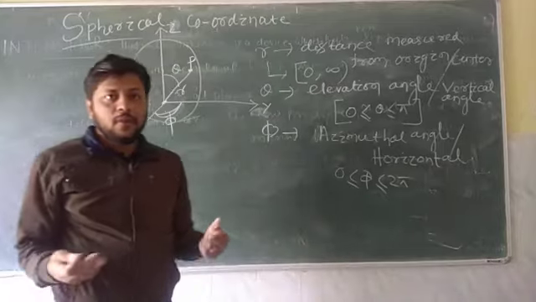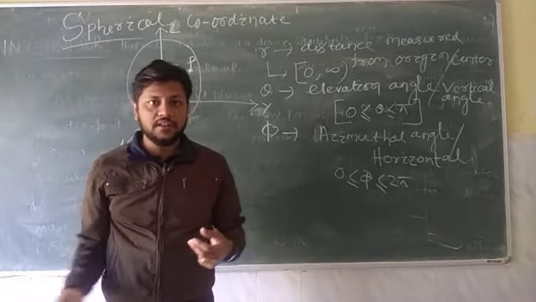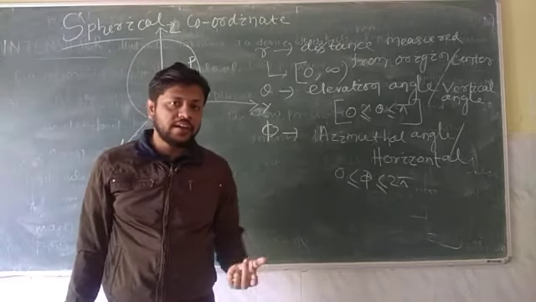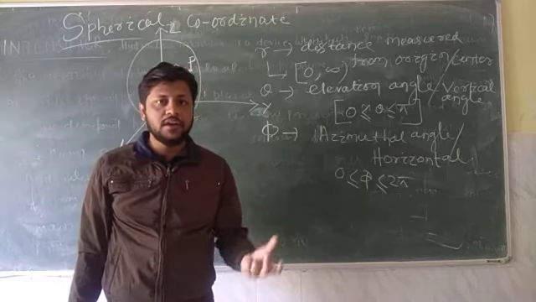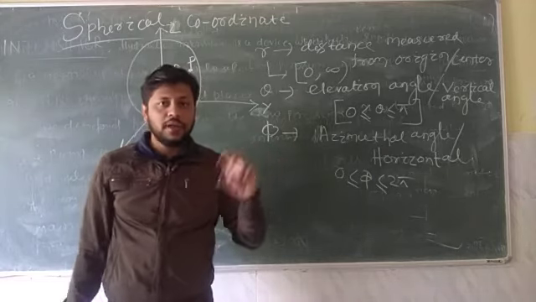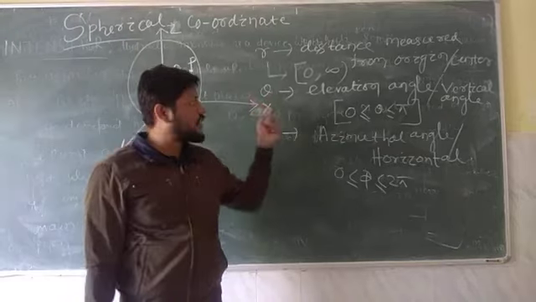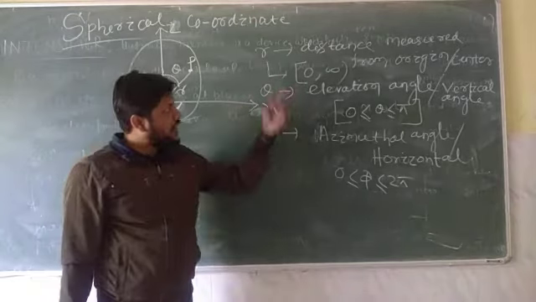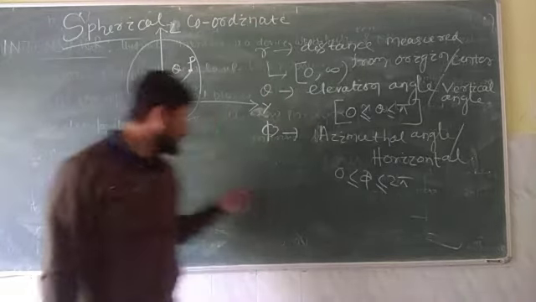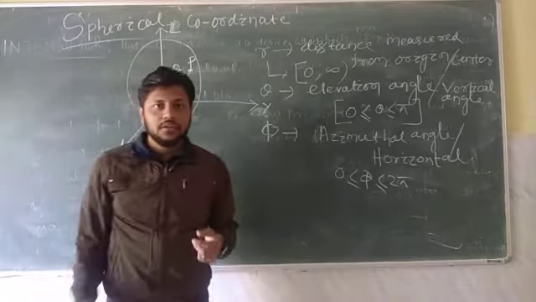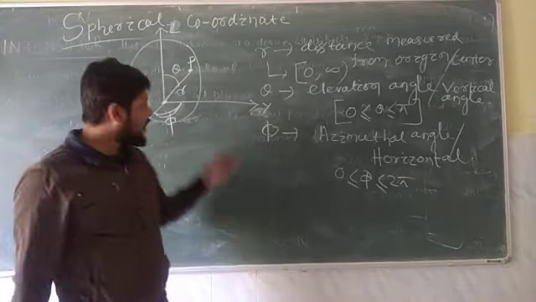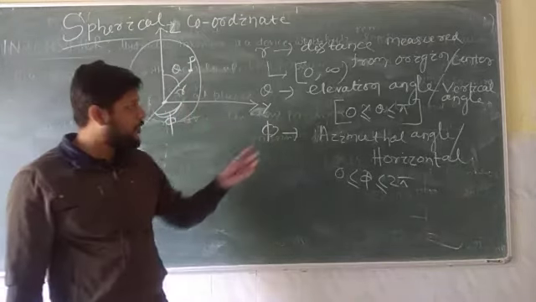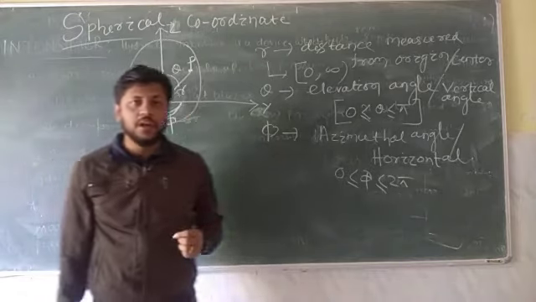If you want to measure the field strength, that is the electric field strength or magnetic field strength, then I will directly write the value of the electric field at a certain point. That value must carry the parameters r, theta and phi. I will write it in terms of r, theta and phi. So r, once again I am going to explain, is the distance from the origin, or center of the sphere. From the center of the sphere we can go in any direction. That distance is known as the radius of the sphere. Theta is the vertical angle or elevation angle, varying from 0 to pi, and phi is known as the azimuthal angle or horizontal angle.